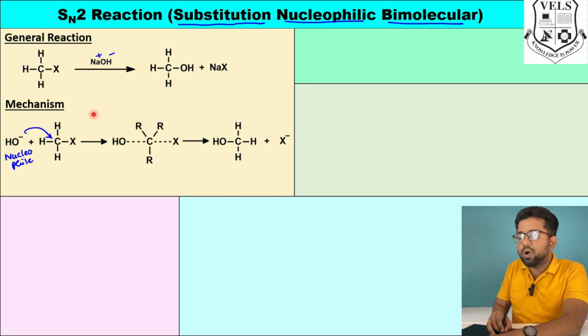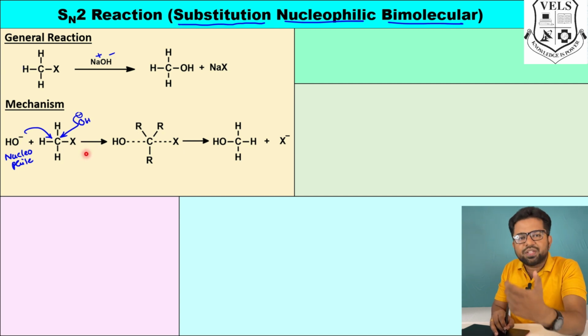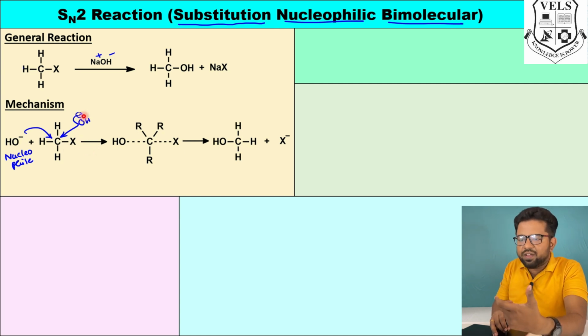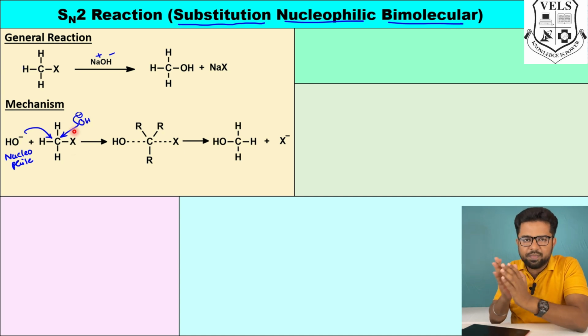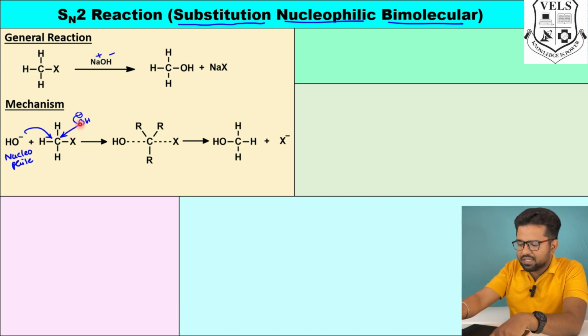So you may ask a question, sir, why can't this OH- approach from the same side as the leaving group? Let me explain. Suppose this OH- is trying to approach from the front side to the leaving group. This OH- is carrying a negative charge, that means it contains electrons. And this X is also leaving as X-, so this also is carrying electrons. So whenever these two negatively charged species come closer to each other, electron repulsion will occur. So in order to avoid this electron repulsion,